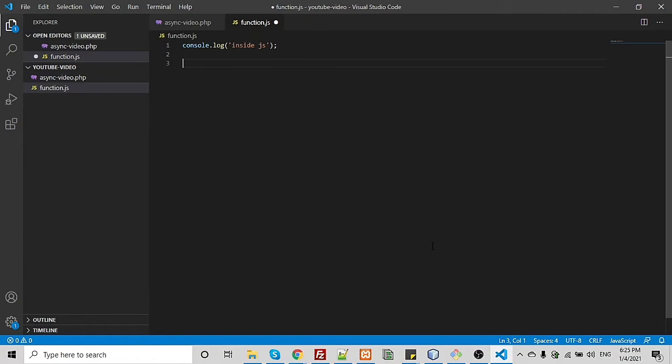Now suppose we create a function inside a function.js external file. We can write any name for the function, like if you want, funcInsideJS.